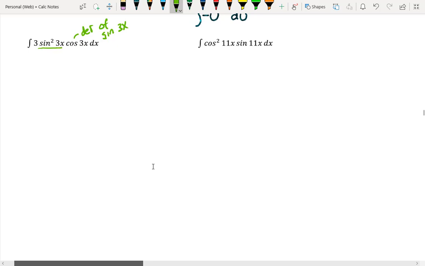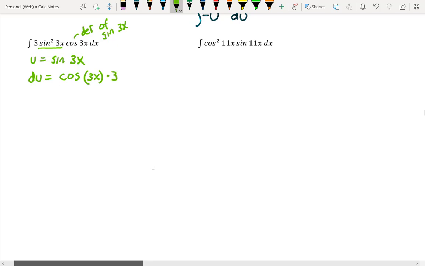Okay, so I need to know, let's see here, how do we want to do this one? So let's do a u sub on this one again. All right, so we'll let u equal sine of 3x. Okay, because remember, this is really sine of 3x to the second power, the whole thing raised to the second power, just like on our last one. So taking the derivative, du equals cosine of 3x times the derivative of the inside material,